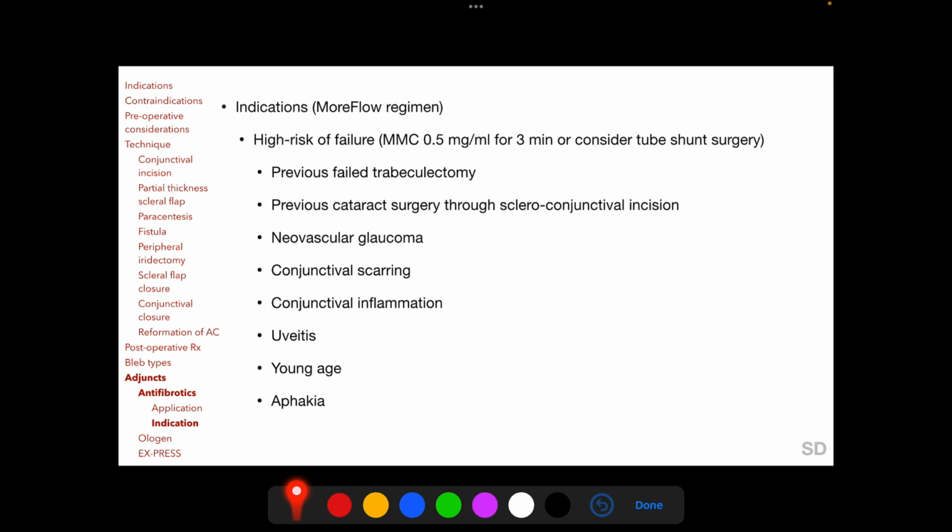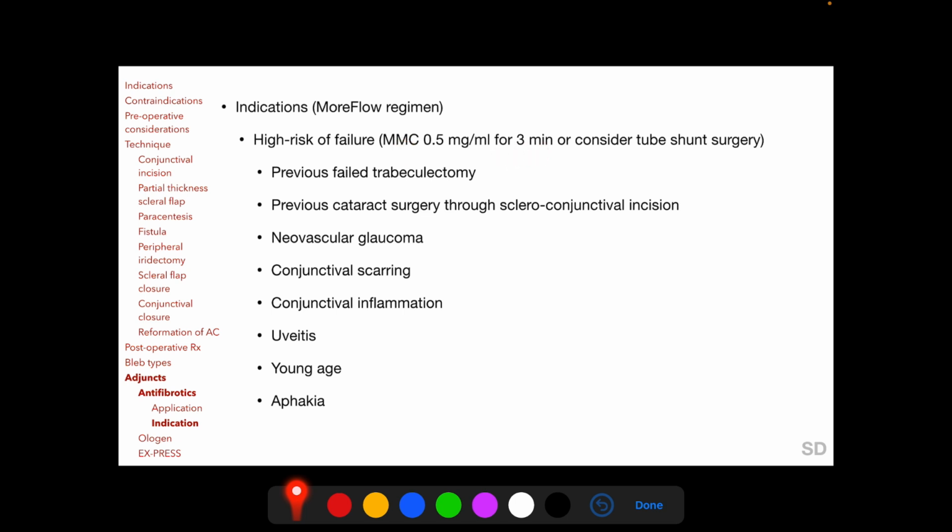And one of the protocols available for describing the indications and their required dosage of antimetabolites is the Moore-Flow regimen, or the Moorfields-Florida regimen. And they have described the indications as those with a high risk of trabeculectomy failure, intermediate risk of trabeculectomy failure, and low risk of trabeculectomy failure. In patients with high risk of trabeculectomy failure, the Moore-Flow regimen recommends application of 0.5 mg per ml mitomycin C